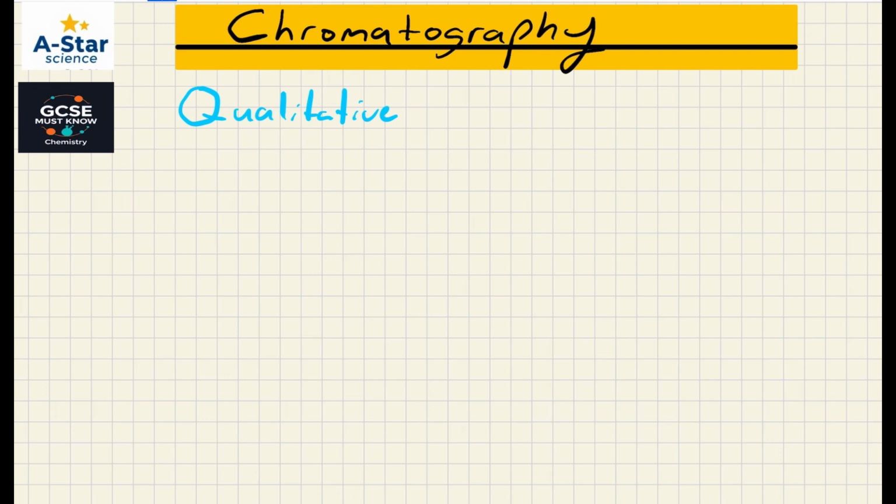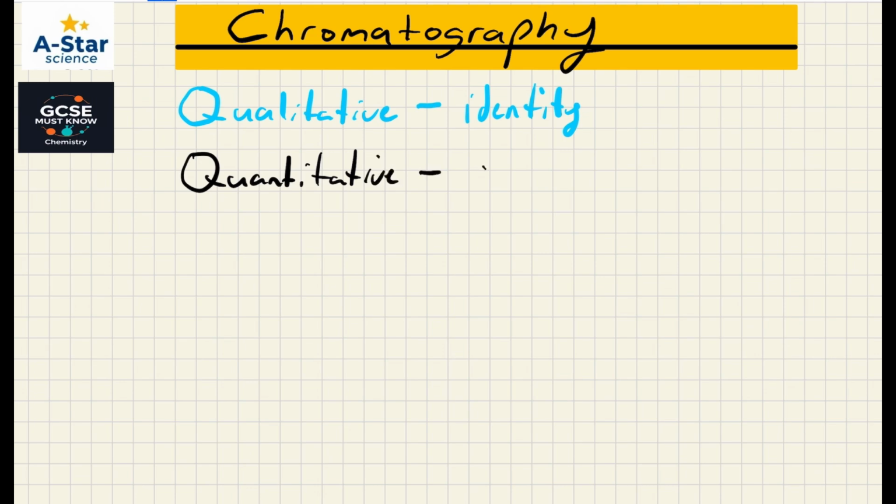So qualitative analysis refers to analysis about the identity of a substance in chemistry. That differs, of course, from quantitative analysis, which refers to the amount